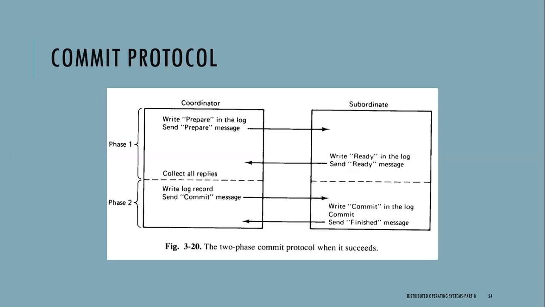The protocol we can look at is called the two-phase commit protocol. It was introduced in 1978 by Gray. Although it is not the only such protocol, it is probably the most widely used. The basic idea is explained in this diagram. One of the processes involved functions as a coordinator. Usually this is the one executing the transaction. The commit protocol begins when the coordinator writes a log entry saying that it is starting the commit protocol, followed by sending each of the other processes involved a message telling them to prepare to commit.